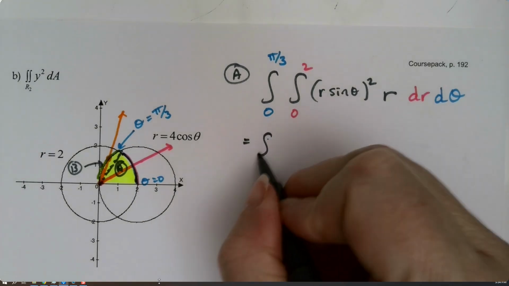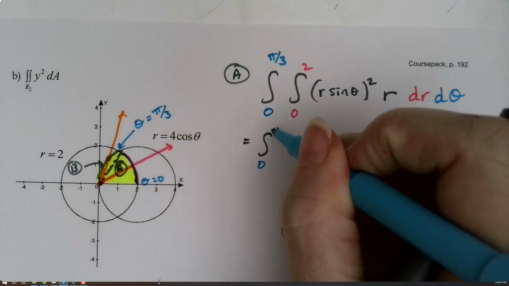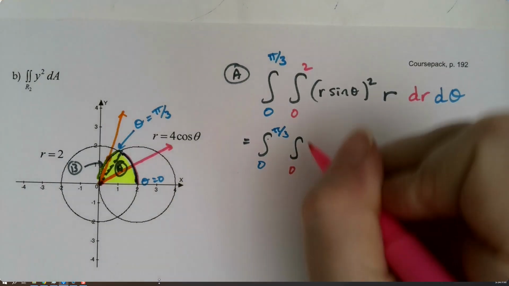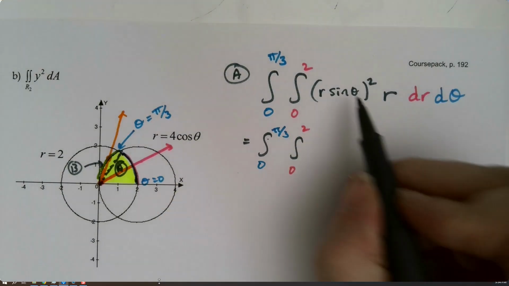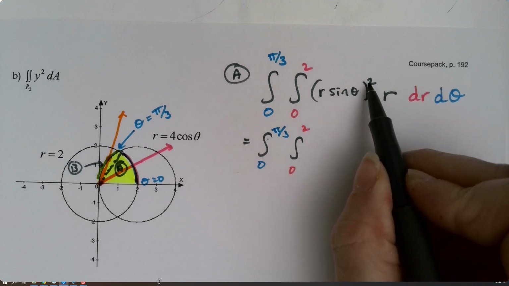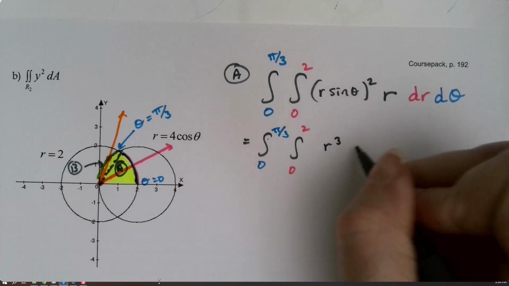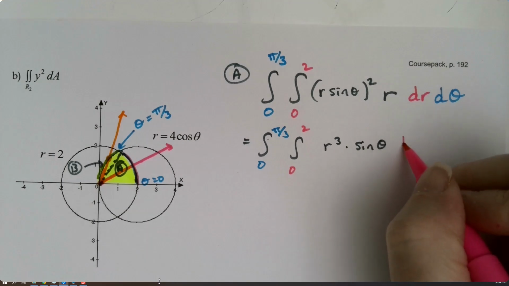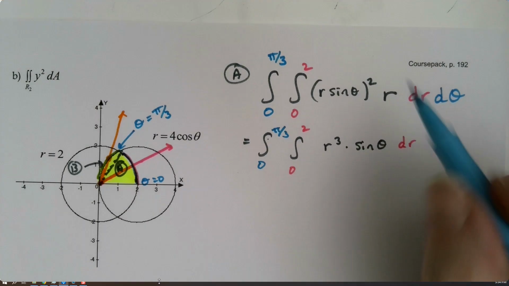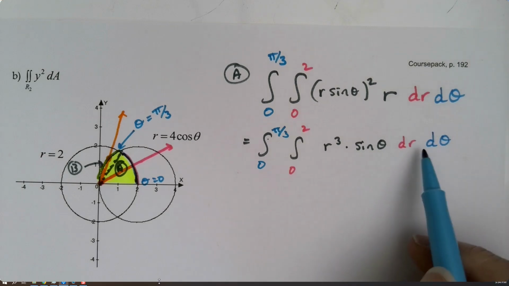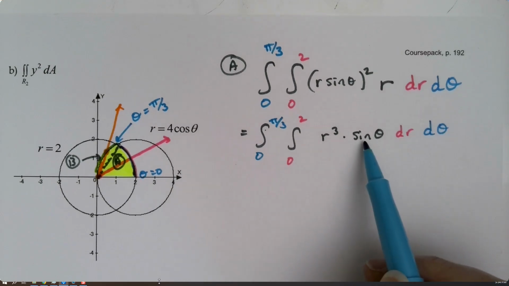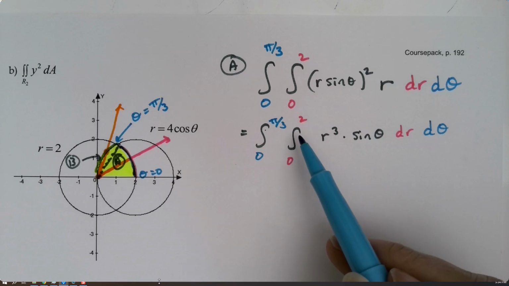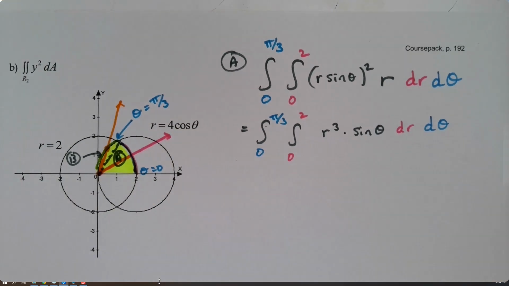All right, so this is the integral from 0 to pi over 3. And then I'm going to write this integral again, 0 to 2. And then I'm going to simplify this. This is r squared times r, which is r cubed times the sine squared of theta, dr d theta. This is one time where actually you could reverse the order. If you'd rather integrate sine instead of r, whatever. Because all of these are numbers, it's fine, right? So this would be equal to